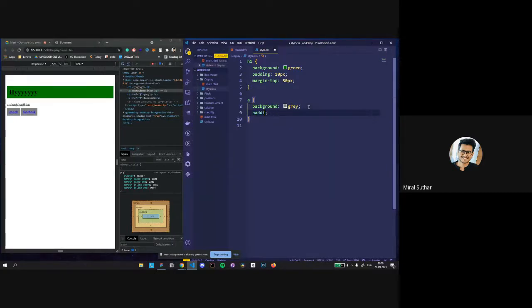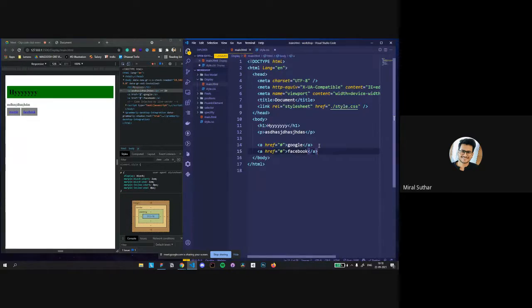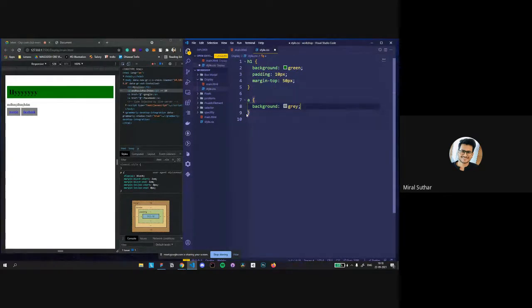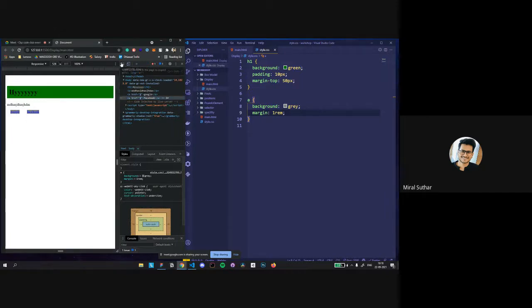Oh, you can add the padding. Same thing. Strange behavior.